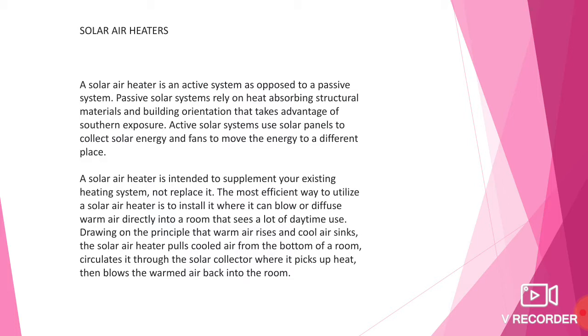we will discuss the solar water heating system, and then we will discuss some of the other applications like solar space cooling, solar air heating, solar dryers, that is crop drying, and then we will discuss the solar thermal electric conversion system, so that is the Brayton heat engine. So we'll start with the solar air heater.